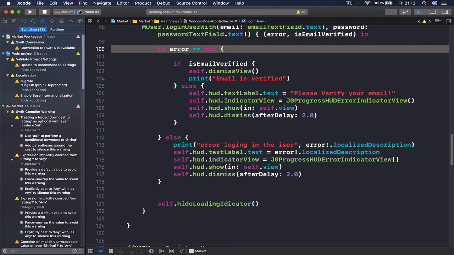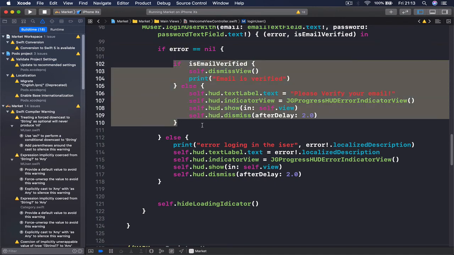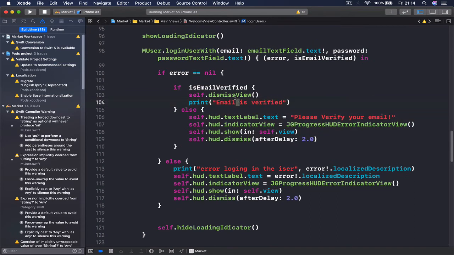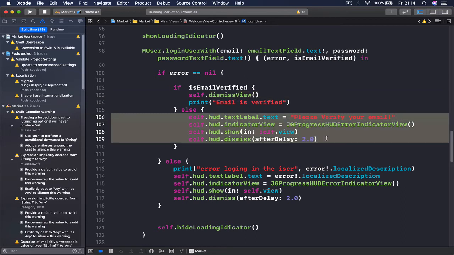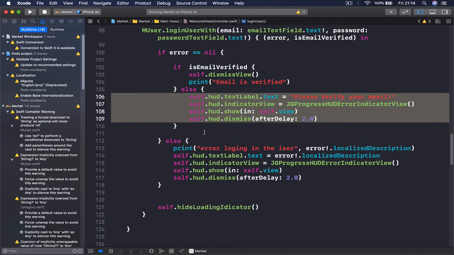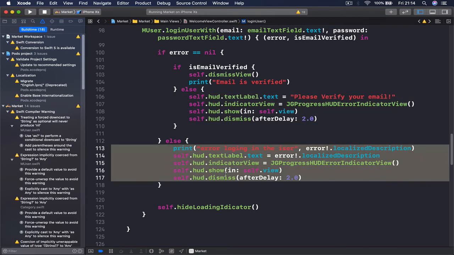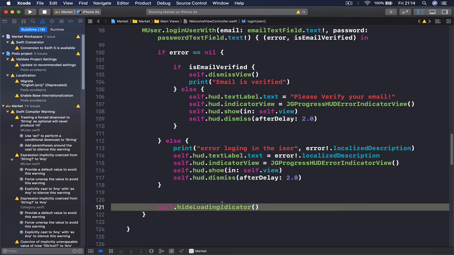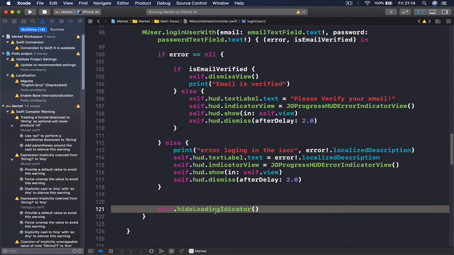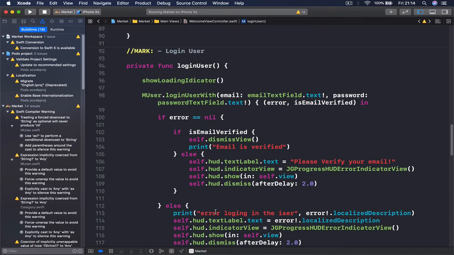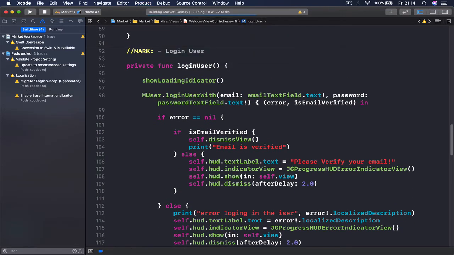So if there was no error, we check if the email was verified, and if it was verified, we will just dismiss. Otherwise, we show information to our user to verify his email. And if there was an error, we just show the error to our user, and anyway, we will hide our animation. So if I run my application,